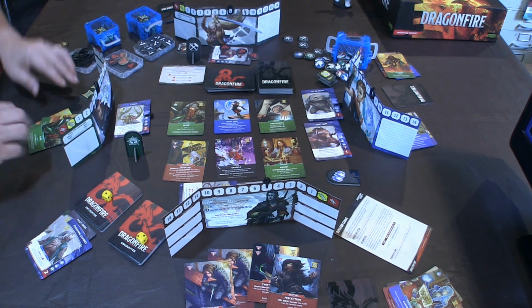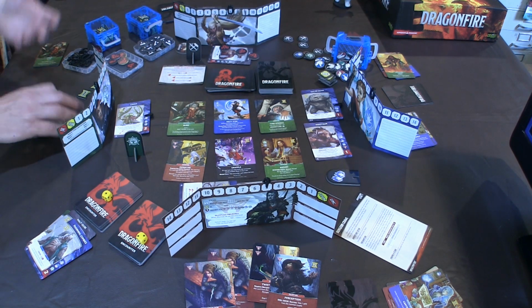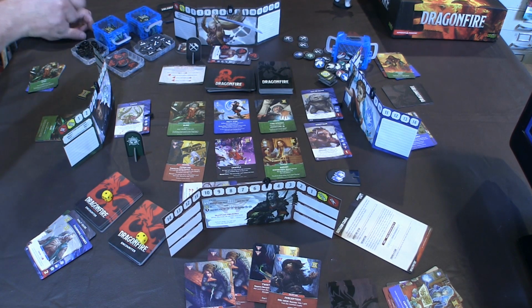1, 2. You might be like, why are you doing that? I could have killed the 3 tokens. Well, we'll get to that in a second. This is where some of the strategy and tactics come into play. Okay, so now